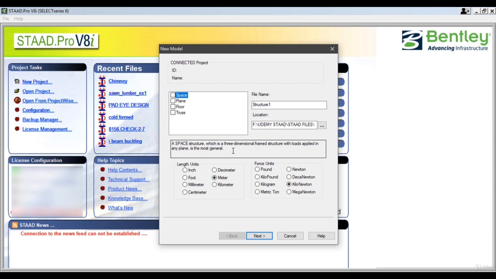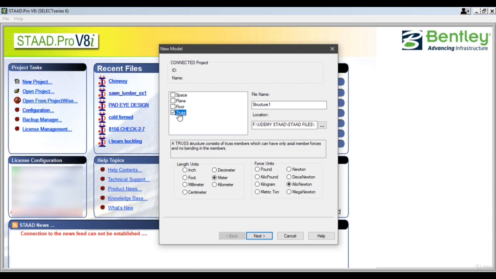So all those RCC framed buildings, steel framed buildings, aluminium framed buildings or timber framed buildings, whatever you have been working upon in space, shall be selected with this option only. Plane shall be selected if you are doing a planar analysis, that is bound by global X and Y coordinates only. Floor is a 2-dimensional or 3-dimensional structure having no horizontal movement of the structure. So floor is used only for floor analysis,